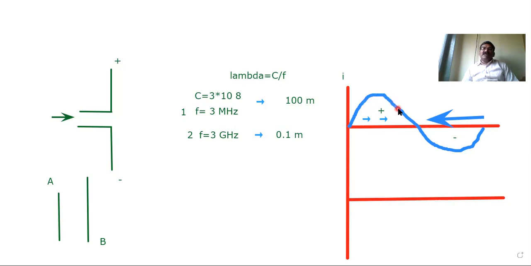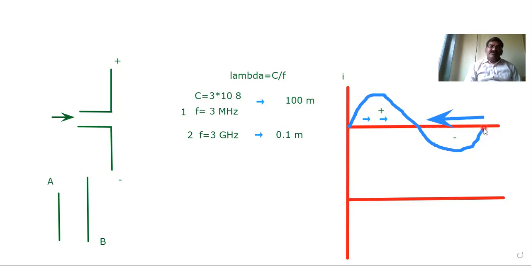Again it decreases until 0. Then it reverses direction. Again the magnitude increases to the maximum, then decreases to 0. Okay, so this way, what is happening? It is increasing, maximum, decreasing, 0. Increasing, maximum, decreasing, 0.